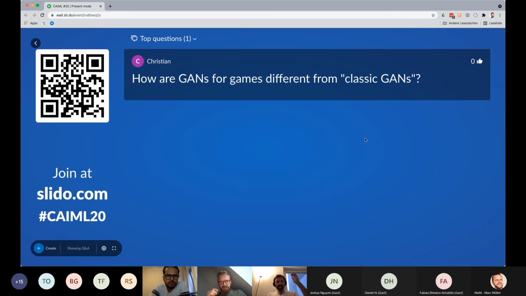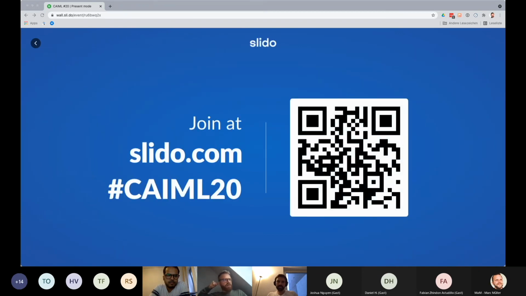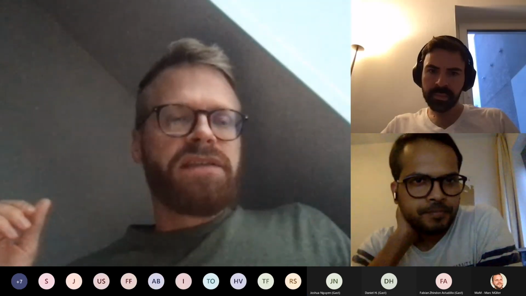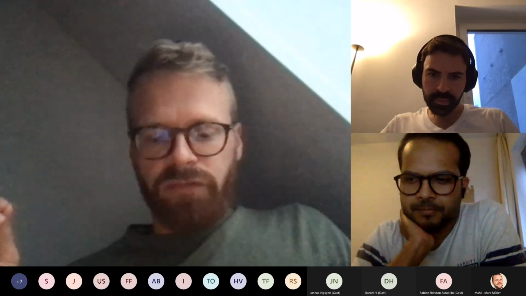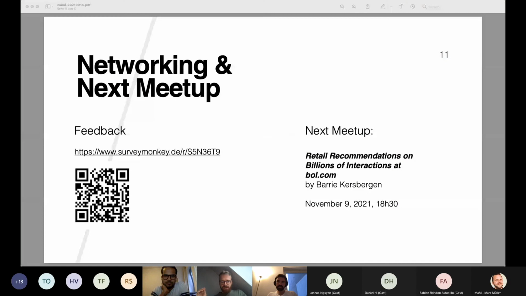in really good performance. How are GANs for games different from classic GANs? So we basically use a very classic GAN for this work on Mario and Candy Crush. One thing that's different in these games is that they often have a discrete representation. While in an image of faces you have floating point values, color images, when you have game levels you have a more discrete representation: this tile could be a pipe, or a Goomba, or it could be Mario. So that's one